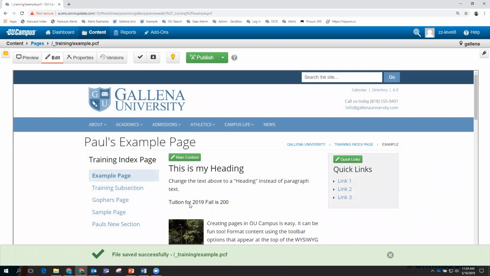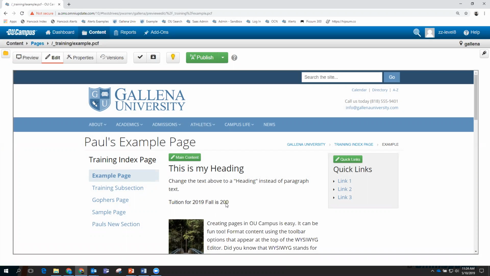And now we can see that our tuition for fall of 2019 is $200. So let's say we get to the point where we're updating it for spring of 2020 and we're realizing that it is now 205. At this point, maybe over time, we've placed this asset on 4 or 5 different pages. And we don't want to have to go through each of those 4 or 5 pages and update the asset on each one. We can actually update the asset itself, and that will go ahead and populate to